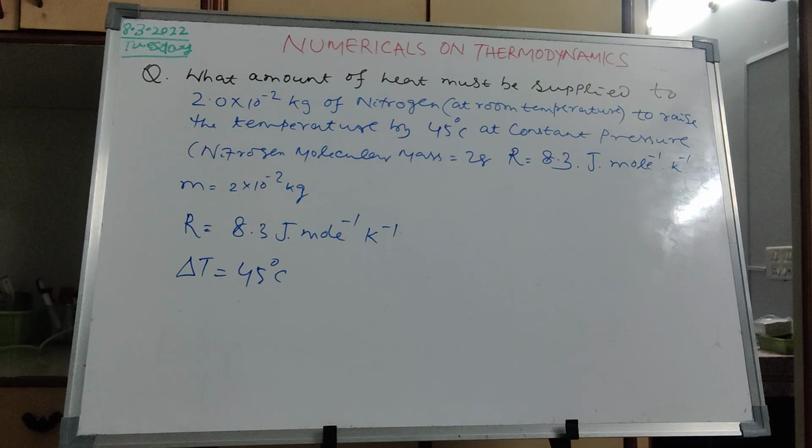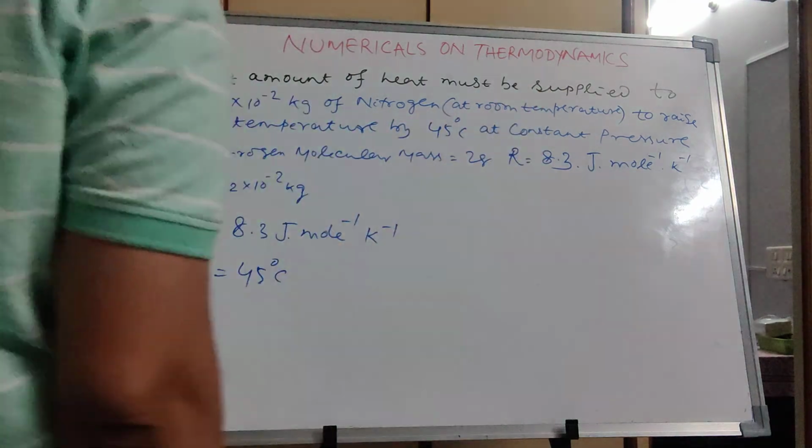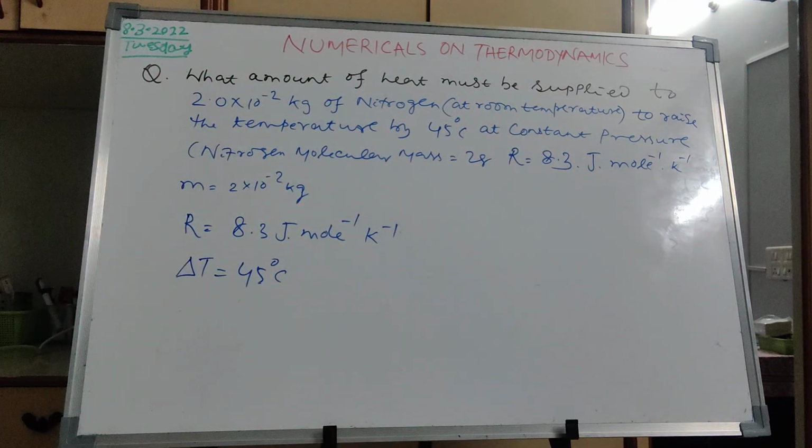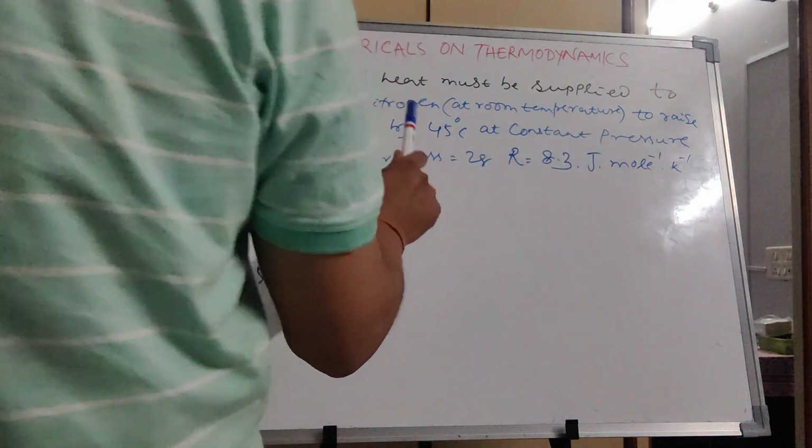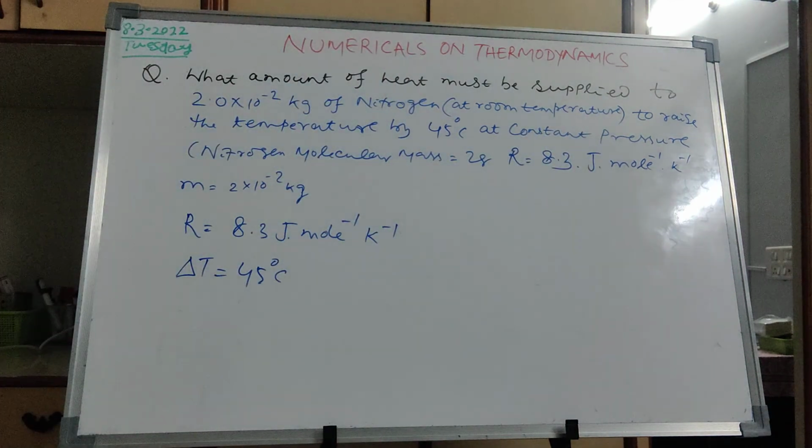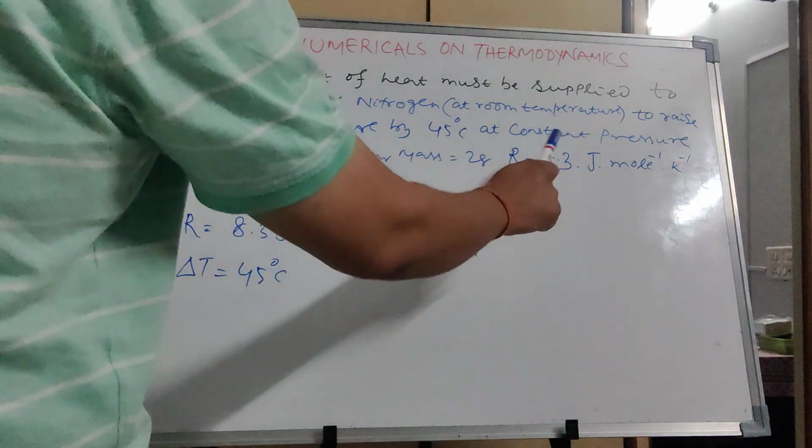So the question is, what amount of heat must be supplied to 2 into 10 to the minus 2 kg of nitrogen? Nitrogen is at room temperature, to raise the temperature by 45 degrees centigrade at constant pressure. Okay. Nitrogen molecular mass,